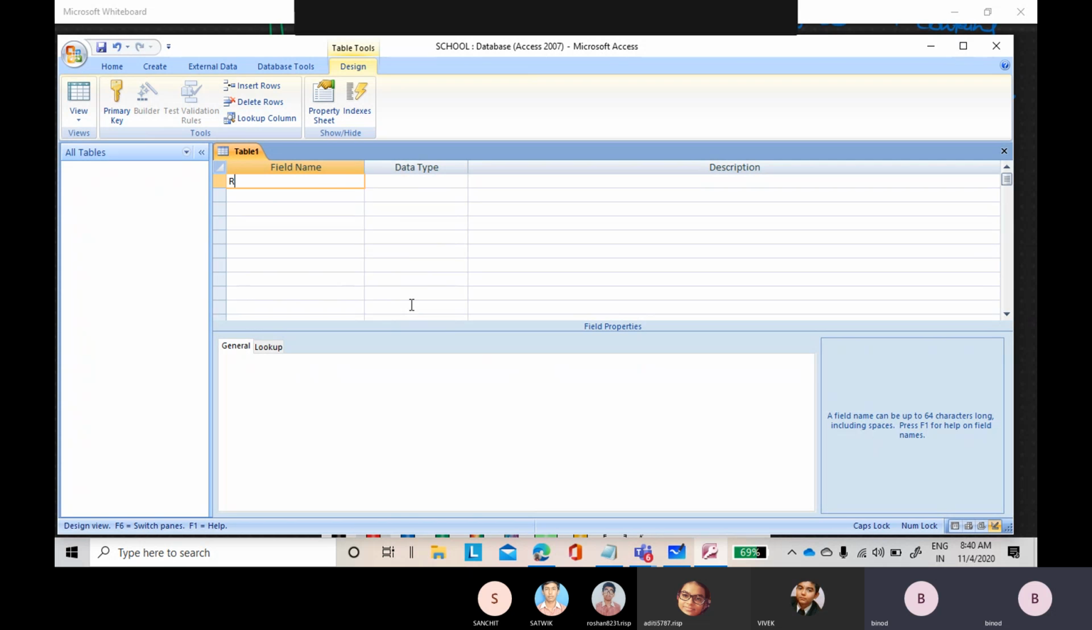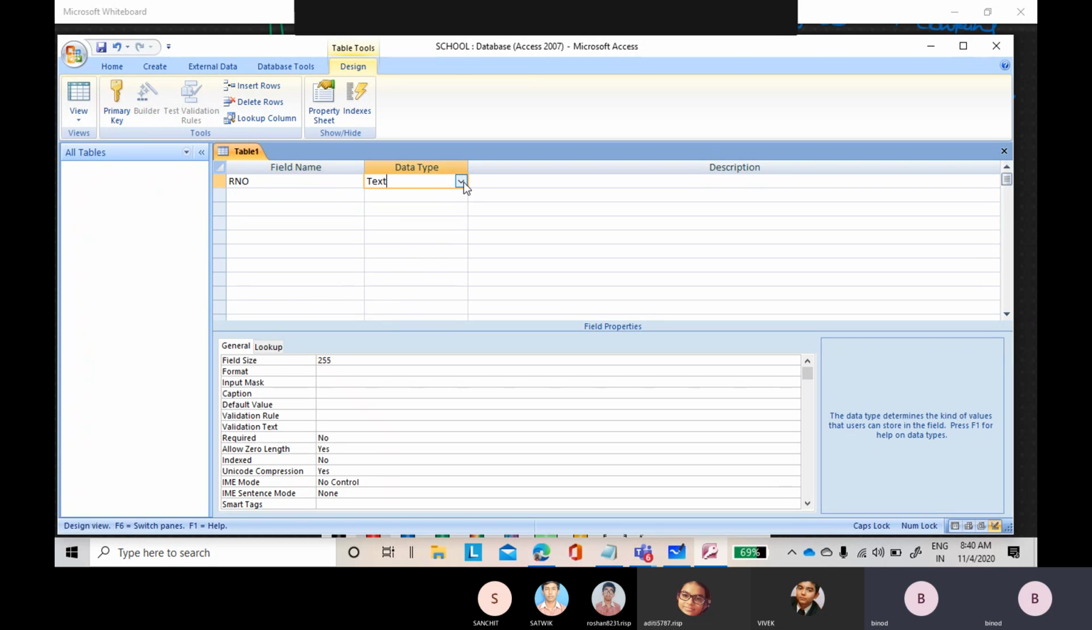What are the things? Suppose the first field name we are going to write is roll number. Roll number will be the first field name. Now the type. What type of data do you want to write within the roll number? Please keep in mind, because this type of question you will get in the board examination or school exam also, that what are the data types we will get within the RDBMS program in MS Access